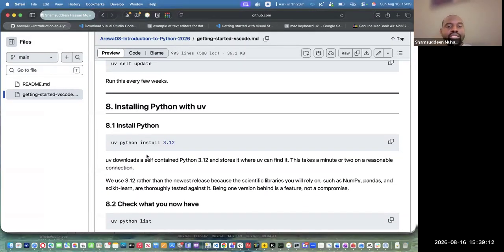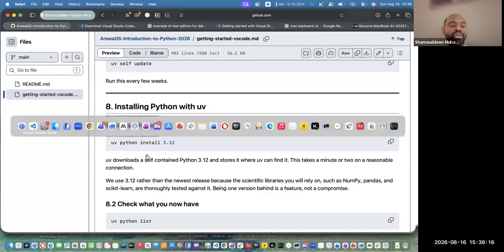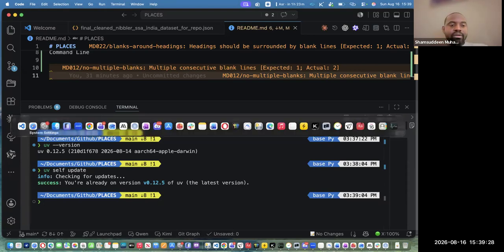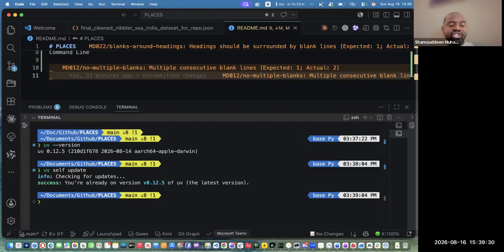Now we need to install some other stuff with UV. So UV, what is UV? UV is a kind of package manager that allows you to install other equipment in your computer. So let's come back to attention here, just for me to explain what UV is. Let's all be very